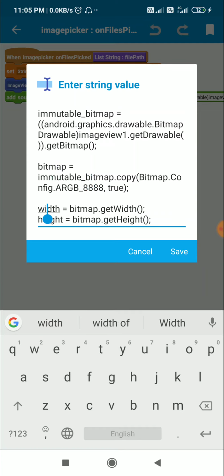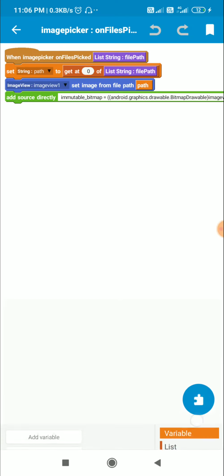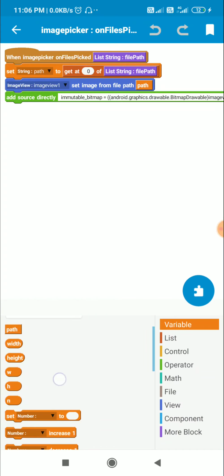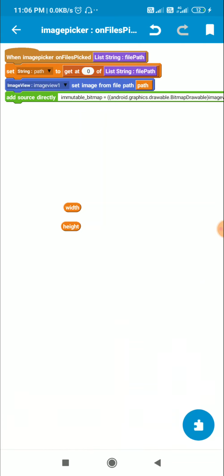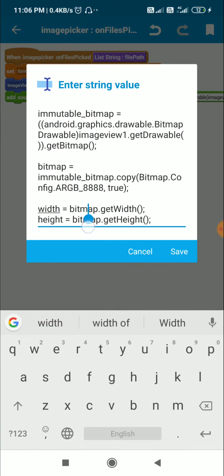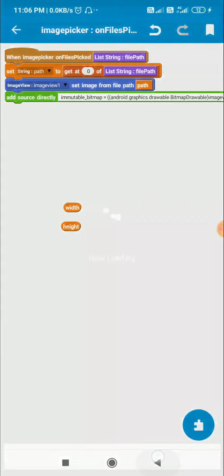After that I define width is equal to bitmap.getWidth, height is equal to bitmap.getHeight. You can see that I have declared width and height here. I have created these number variables width and height, and here I defined width is equal to bitmap.getWidth, height is equal to bitmap.getHeight.